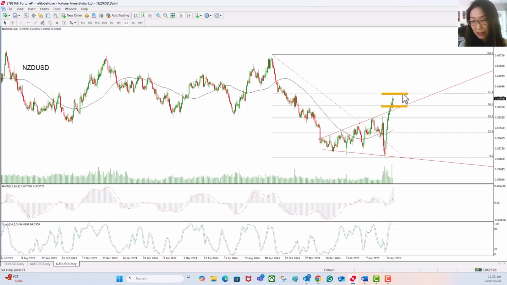I would say the New Zealand dollar is seen as a haven currency at this moment, as New Zealand is not so much involved in the trade barrier caused by Trump's tariffs. So its upside momentum could continue with a break up here. It might continue going up and test the previous high in 2024.